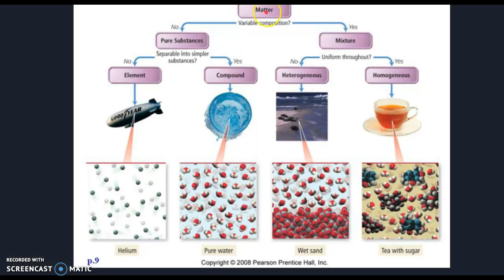This is just a flow chart to help you. There's matter. It's a pure substance. We have elements and we have compounds. Compounds are just combinations of elements. The mixture is heterogeneous, there's a bunch of different ones, or homogeneous, where they are